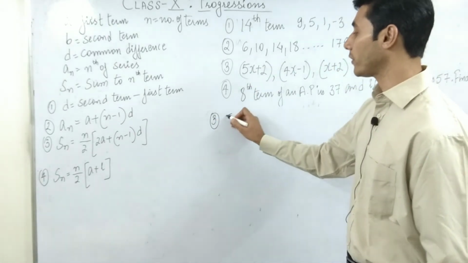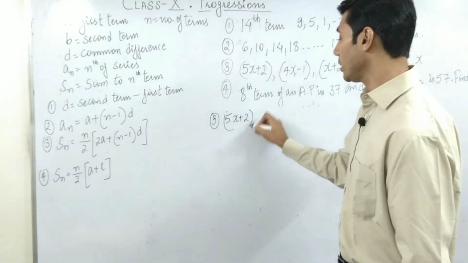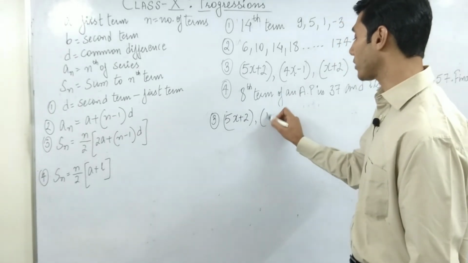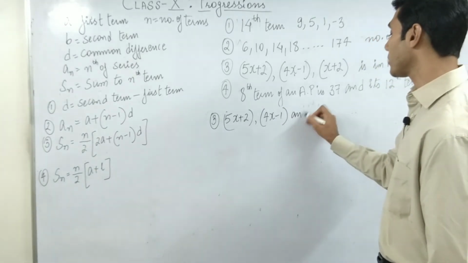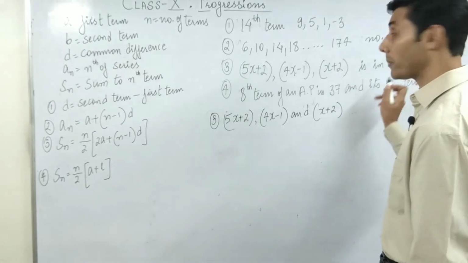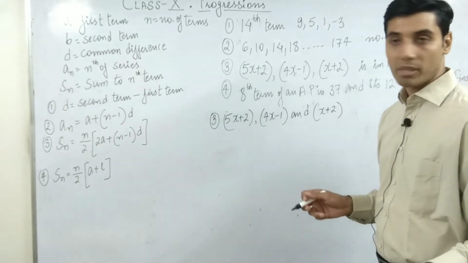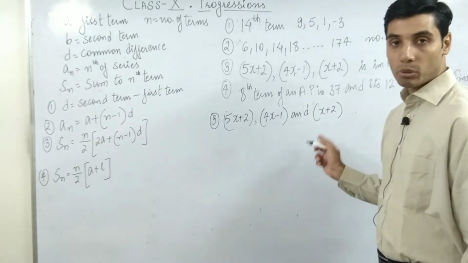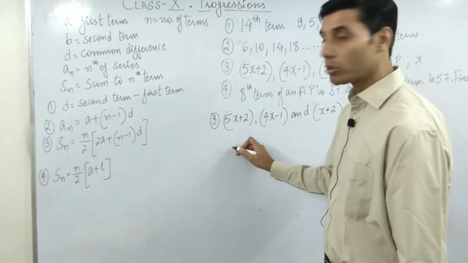Then there is this part which is 5x plus 2. So let's write 5x plus 2. Then comes comma, then comes 4x minus 1, and x plus 2. And they are already saying this is an AP. If this is an AP, that means the common difference should be the same. If these 3 terms are in AP, their common difference should come out the same. So when will the common difference be the same? That is